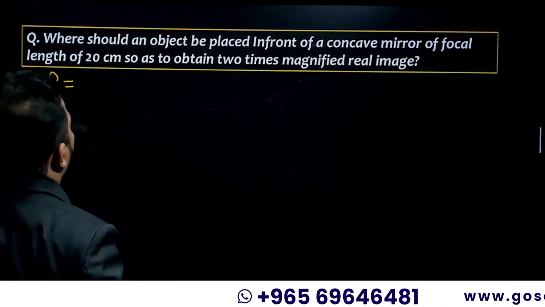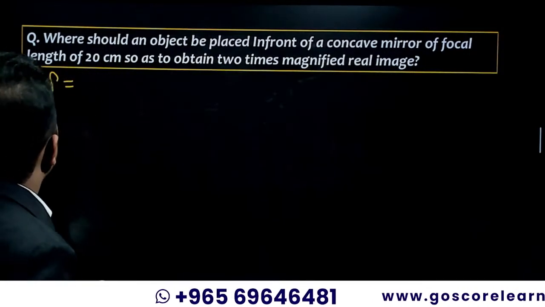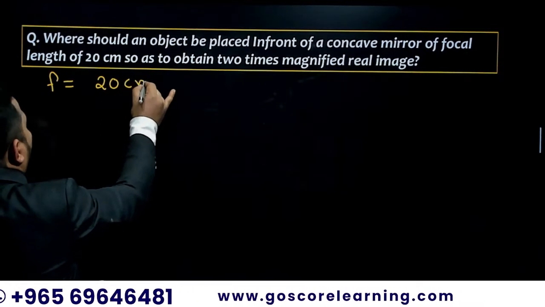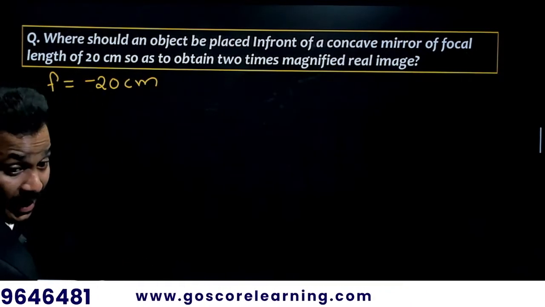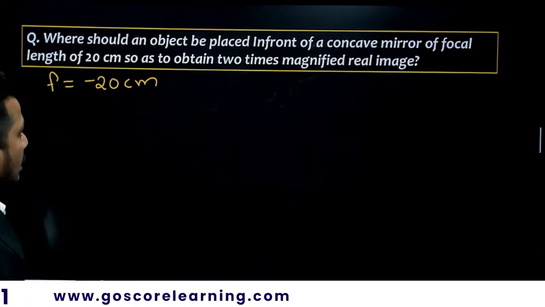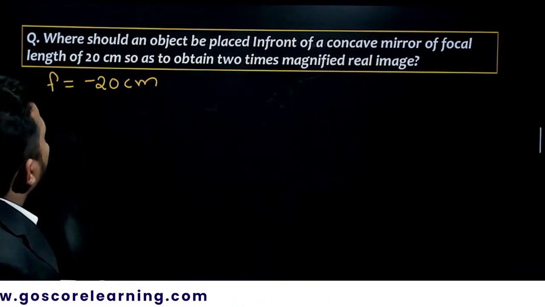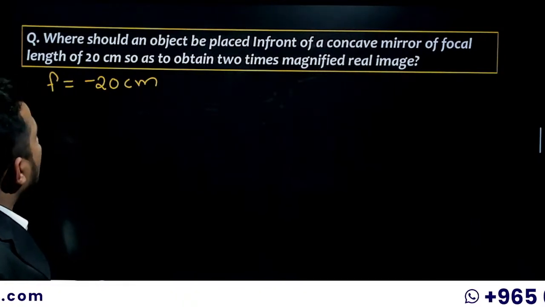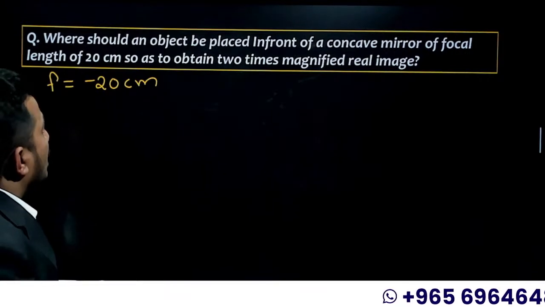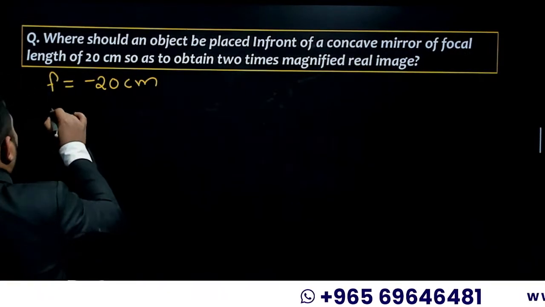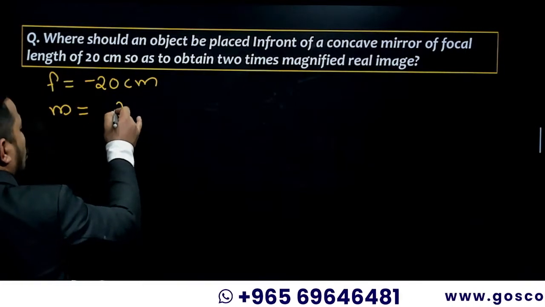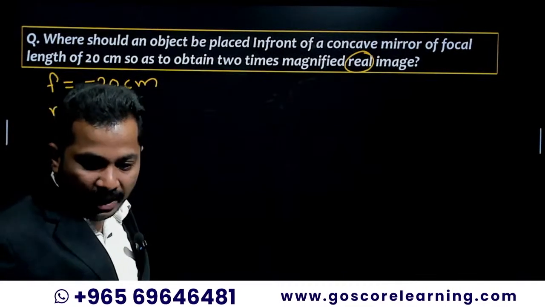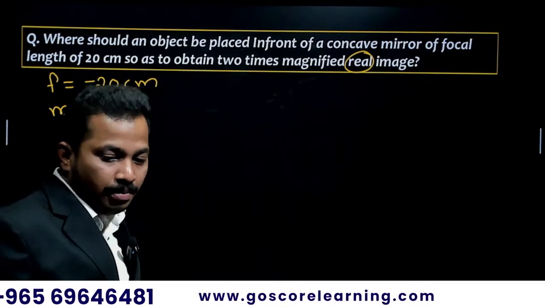focal length is given. What is the focal length? Focal length of the concave mirror is 20 centimeters. As it is a concave mirror, we should take it as negative 20. Then, where should an object be placed in front of a concave mirror of focal length 20 centimeters so as to obtain a 2 times magnified real image? So m is 2 times magnified, as it is a real image. Real image magnification is, tell me, real image magnification is,